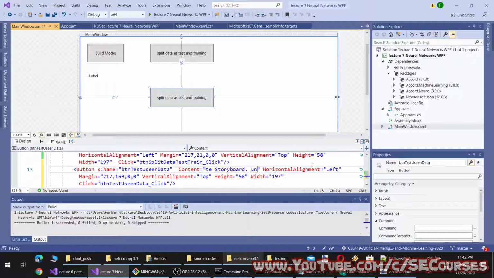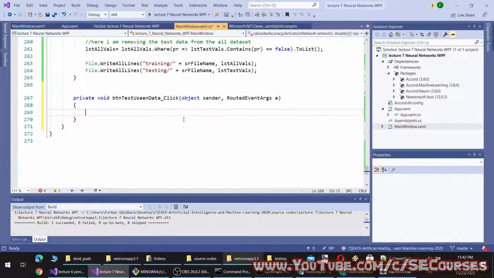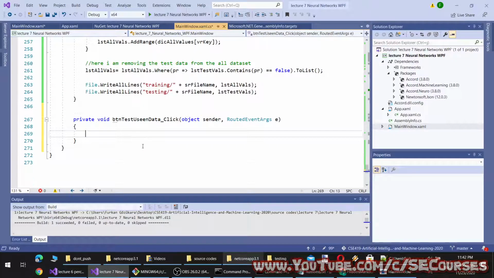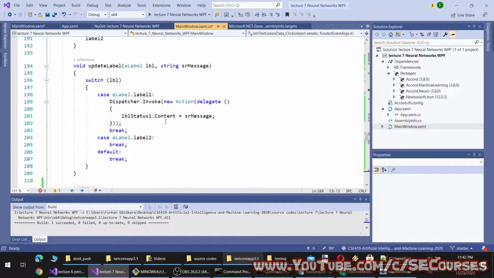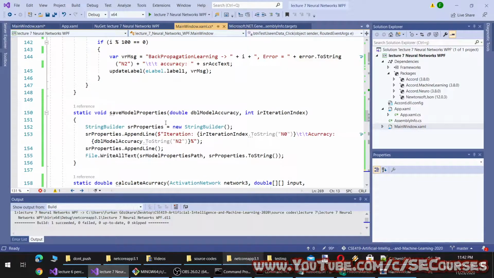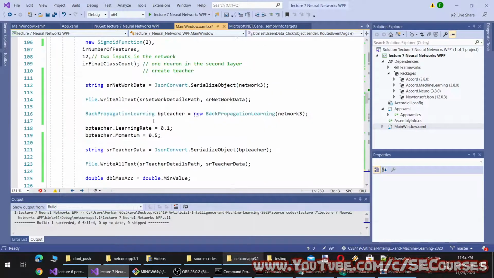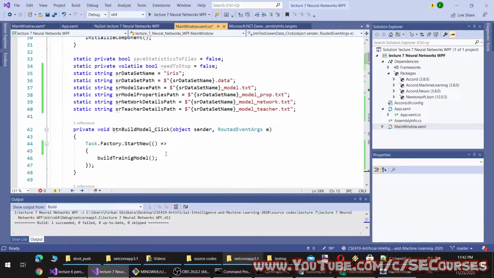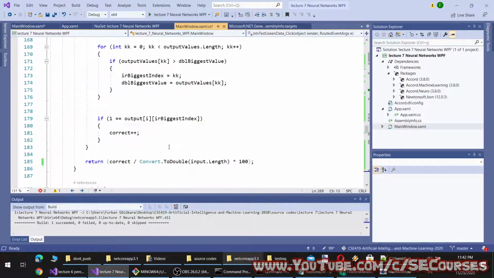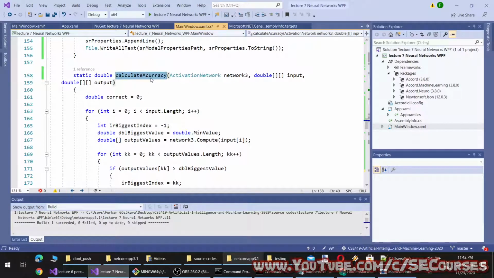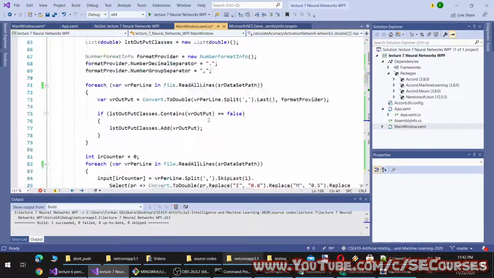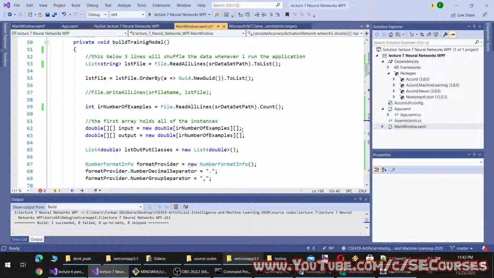Test unseen data. And for testing unseen data, we have to compose our network, because we will call this as a method.